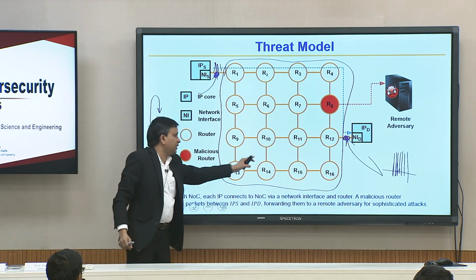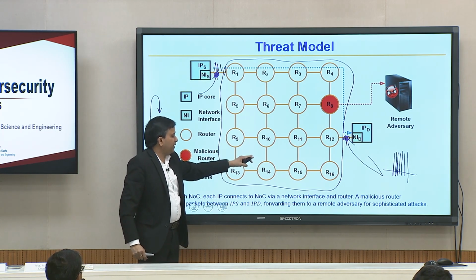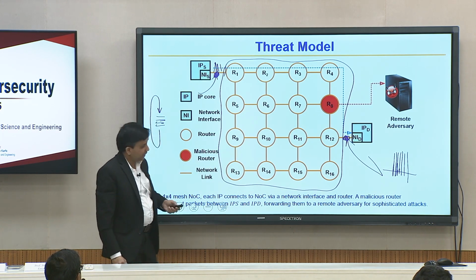These are all secure channels, like a virtual private network or any other mechanism.